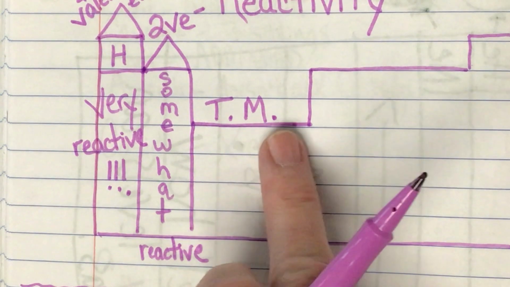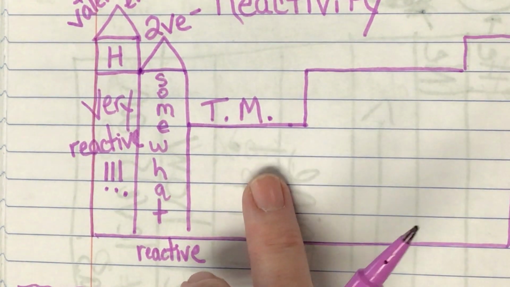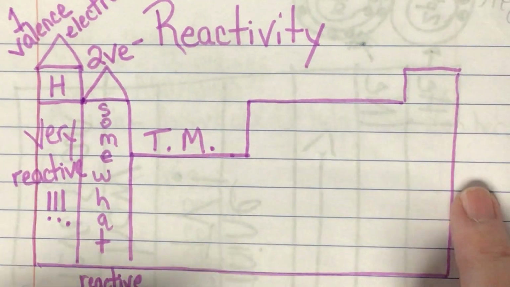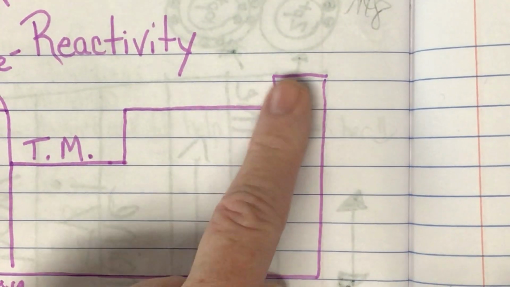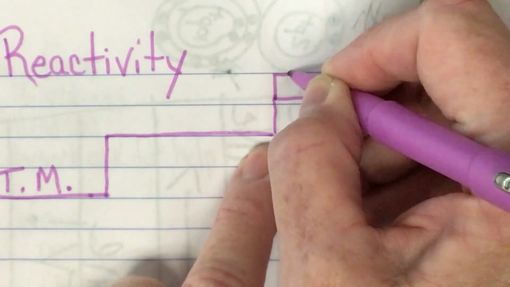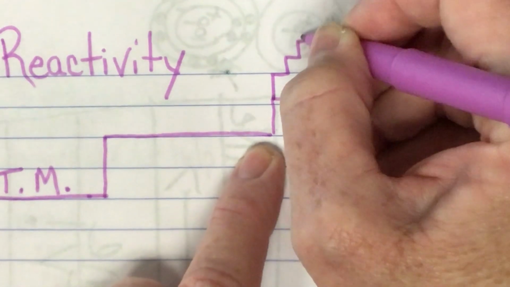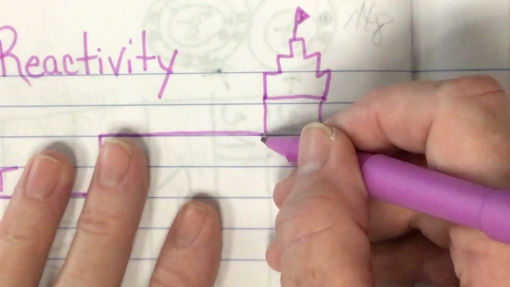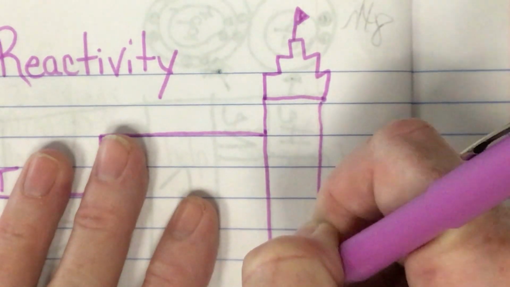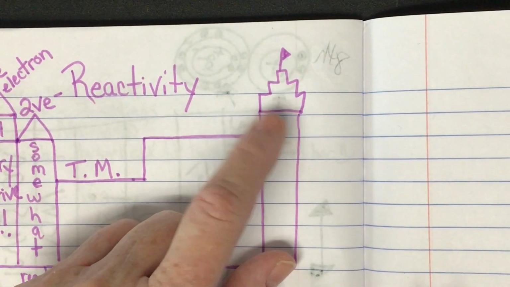Okay, now all these elements are also going to react. They're going to form bonds to try to be as much like a noble gas as possible. So let's scoot over to the noble gases. Instead of a rooftop, we're going to put a castle. These guys are like royalty. They will have nothing to do with the other elements on the periodic table. The other elements are like peons. And so that castle is headed by